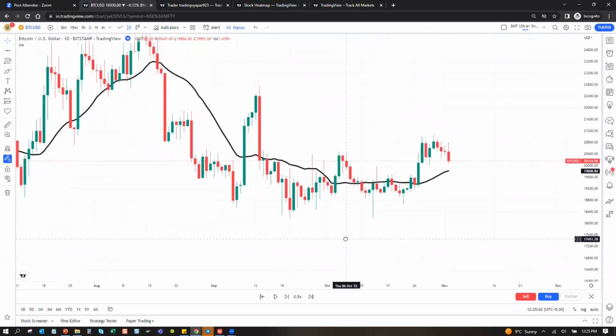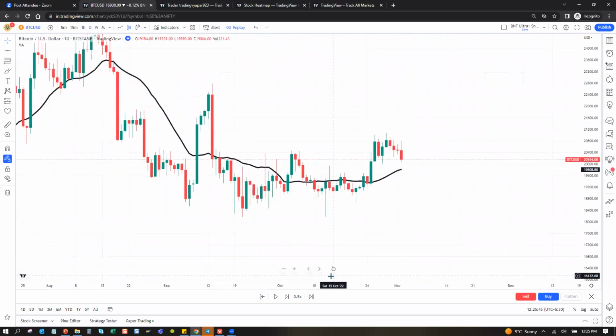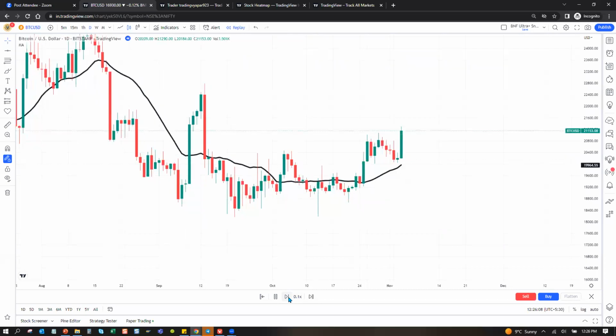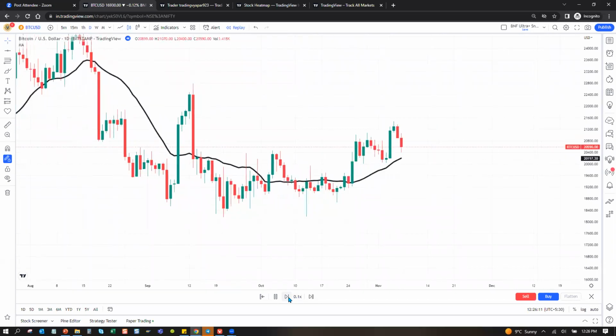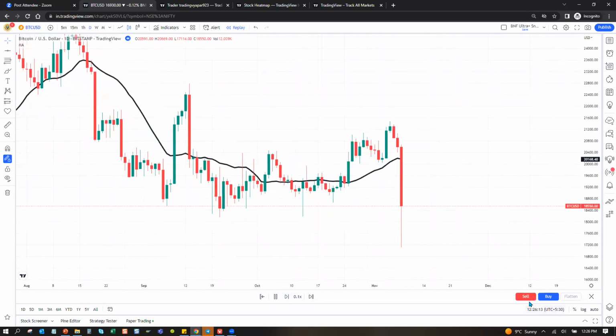Now we are on November. Now you can select the speed, how fast you want to replay. If you're new, just select the minimum one, 0.1 second. Now start play. Okay, now let's say we're just doing a basic strategy. Below the moving average we will sell, and above the moving average we will be on the bullish side. Okay, you can do a next. Is this Bitcoin running bar by bar? Oh, it just cracked. I just initiated a sell trade.